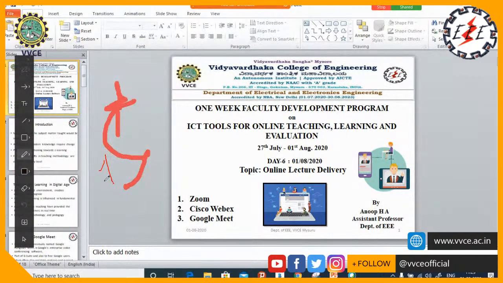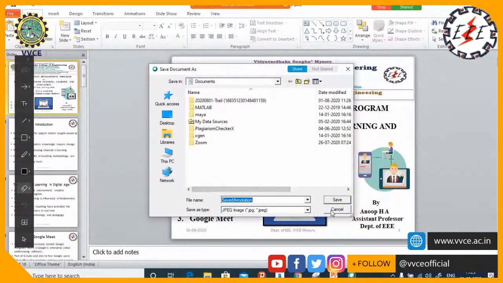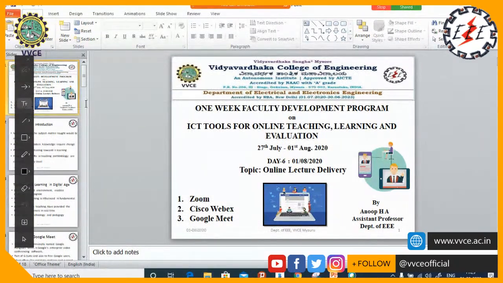I'll be able to switch colors in between, and I'll be able to clear whatever has been annotated, or I'll be able to save this annotation in JPEG format. In case of text, I'll be able to use it here. So this is one thing in case of this text button that is present there,